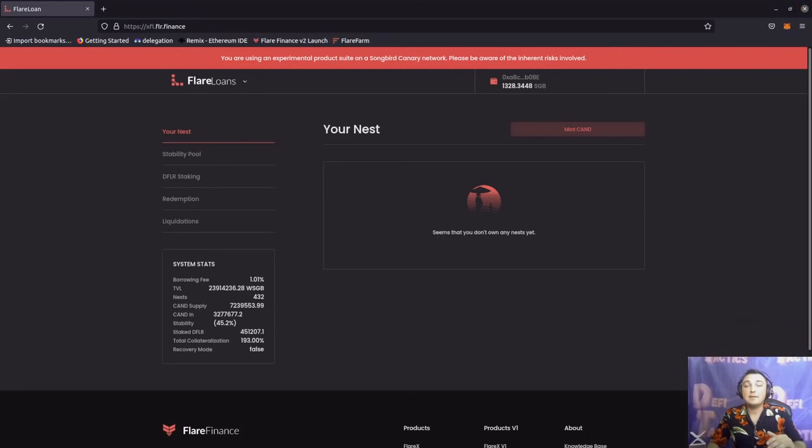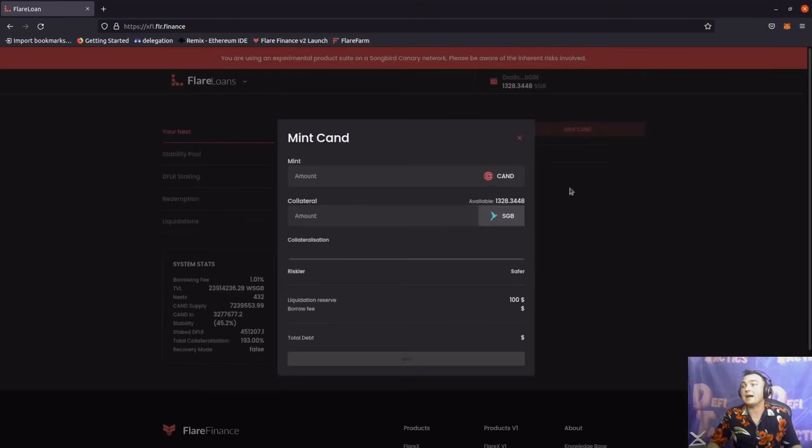So remember, we need to mint at least 1,800 Canary dollars. So we go ahead and we click the Mint Canary Dollar button right there. We can see that this is the amount that we want to mint. This is the collateral that we will put up. We've got a little slider bar that goes from riskier to safer, meaning this will be a slider that will